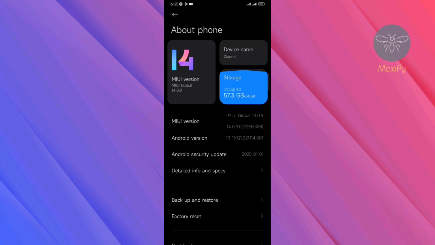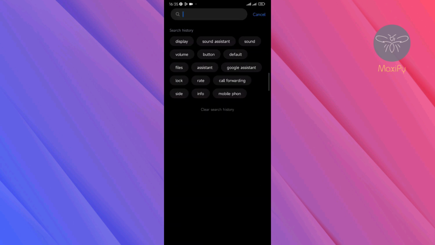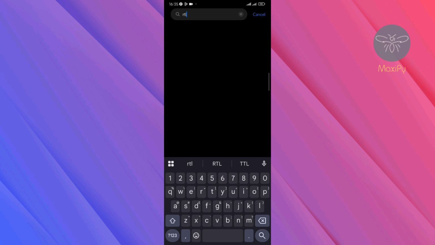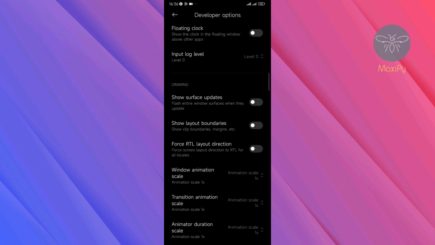Okay. After enabling the developer options, you need to go back, and on the settings you need to search for RTL, and the search results should bring you something like this. You need to tap on it, and it will take you to your developer options where you will see this section called drawing. You need to toggle on the force RTL layout direction. Toggle on,